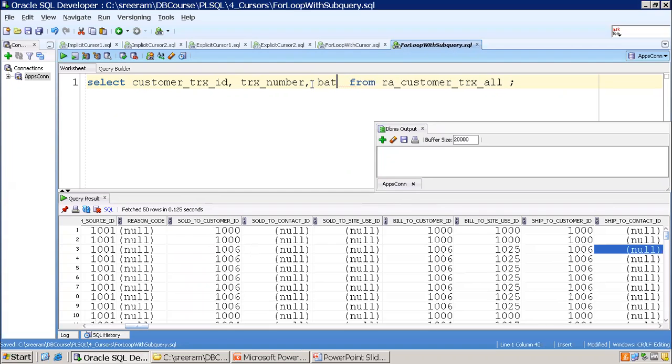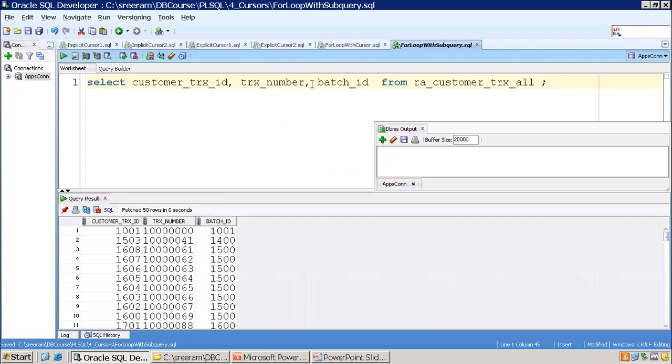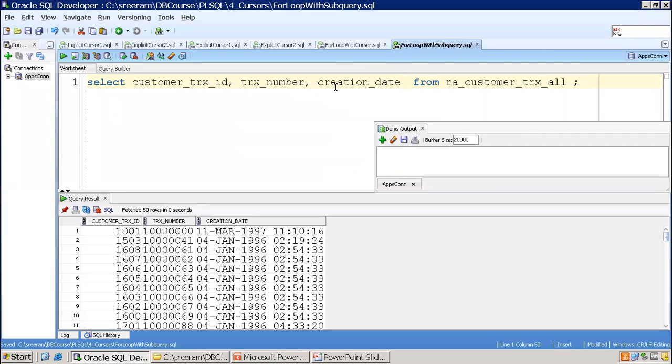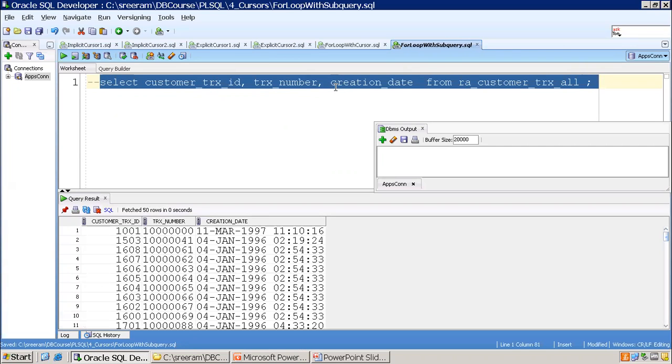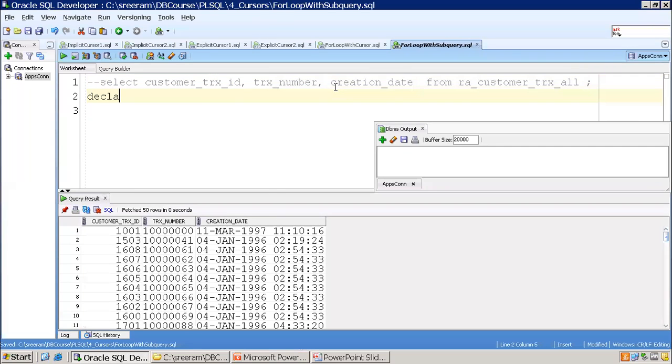May not be relevant, but just see how to get the data. Or maybe I'll just mention creation date. So far we have never used the date variable, right? I'll just say creation date. So these are the three variables I mentioned. Now declare